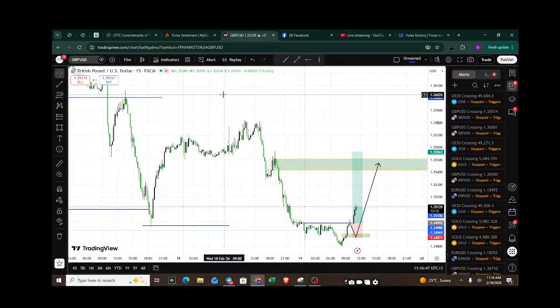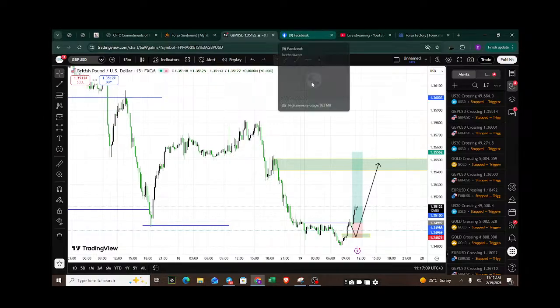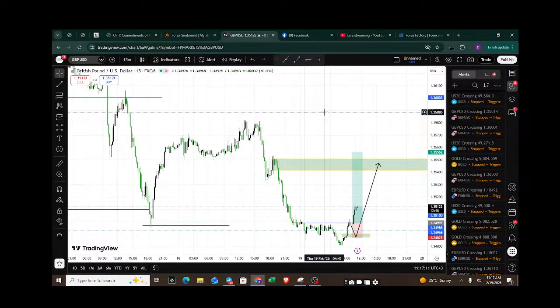So these are my trades right now. If you have not yet taken note of my trades, take them because I'm about to go offline. I'll just hold these trades until New York. So I'll be holding this trade until the New York session. Buy trade for GBPUSD, sell limit trade for US30.